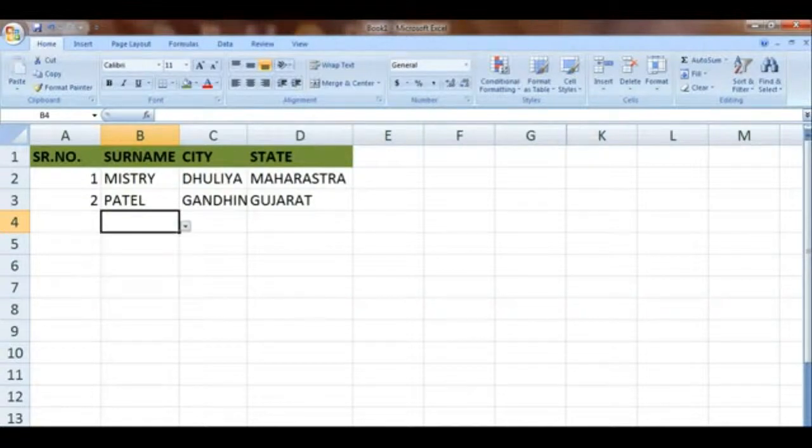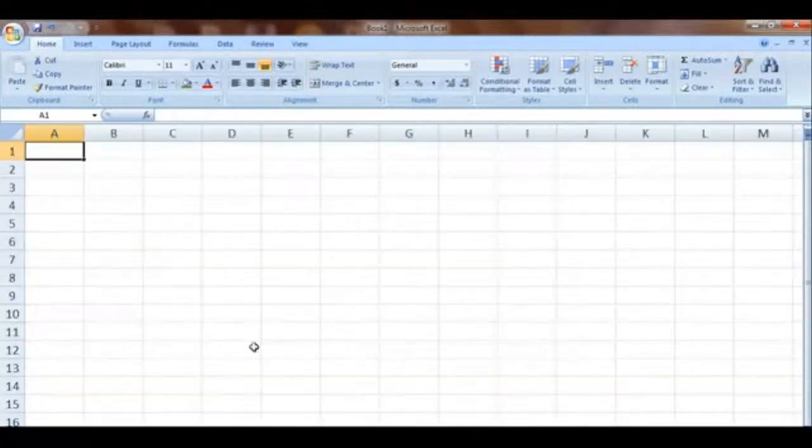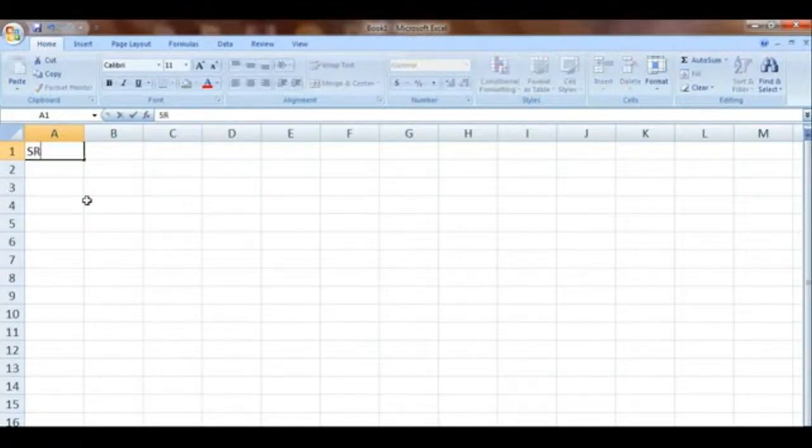So let me take one blank sheet, and here I am going to make a small table, where I am going to make some employment list. First of all is our serial number.